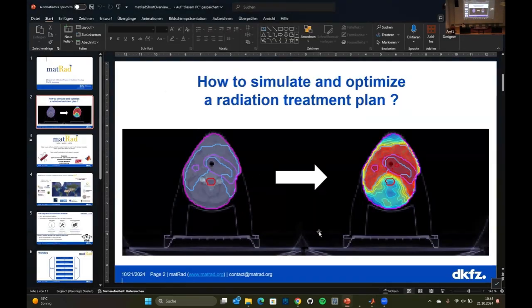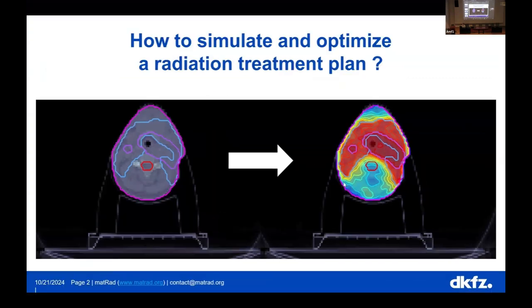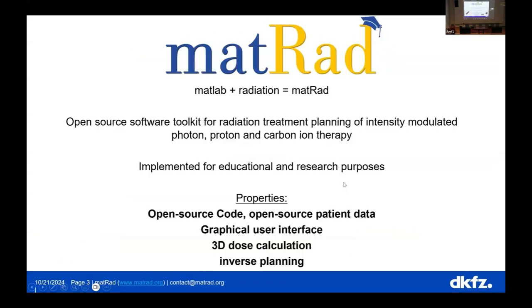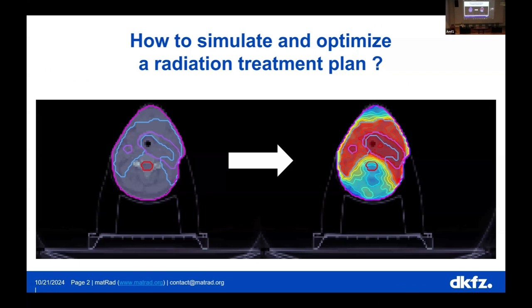So let's go back to this. What we do is basically we go from an image to a dose. That's kind of the problem we solve. We start at the point, I think the speaker before talked about also, where we need to contour and everything. We need to set up the geometry. For what we do now, where we want to learn how this shaping of the dose actually works, we basically have